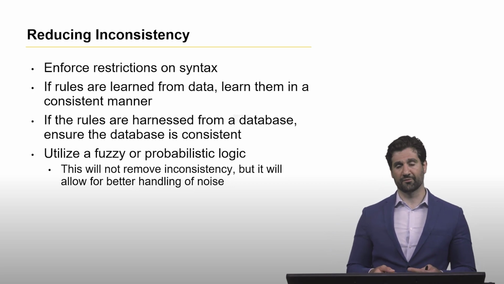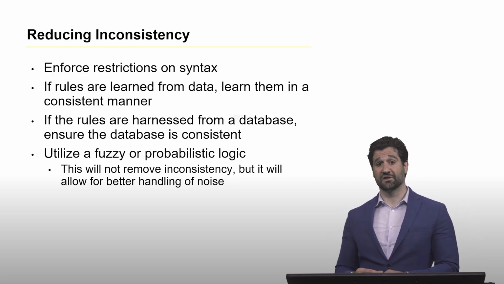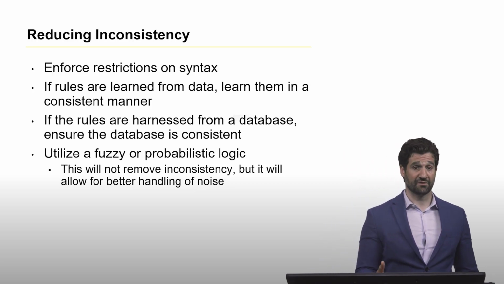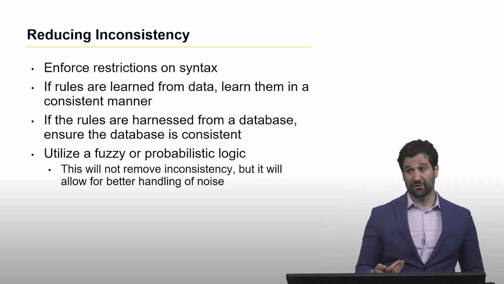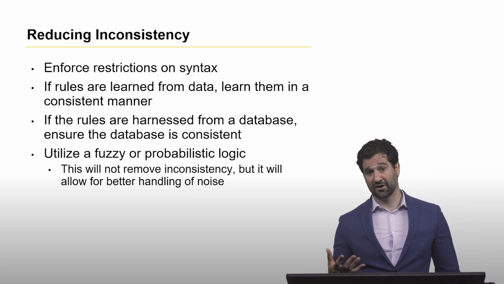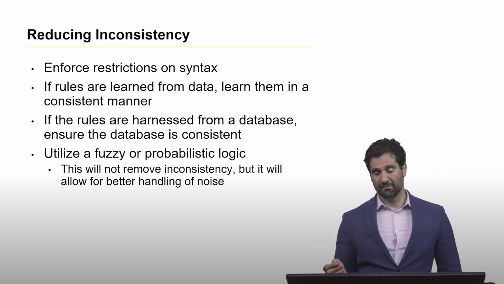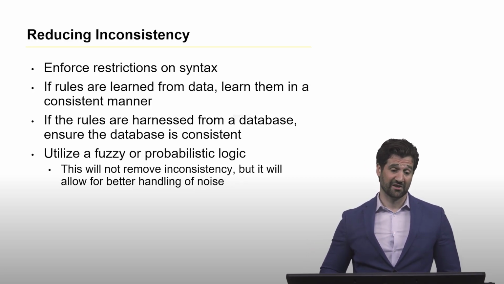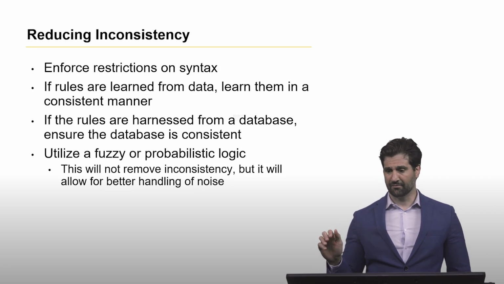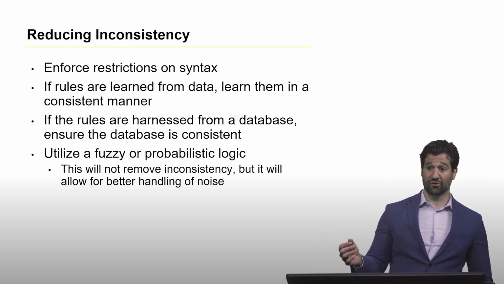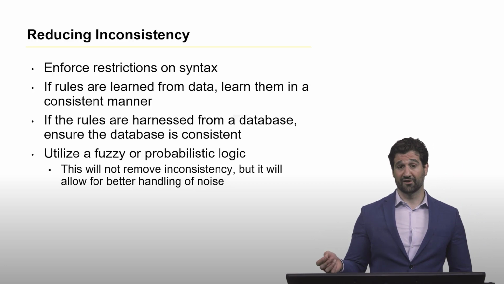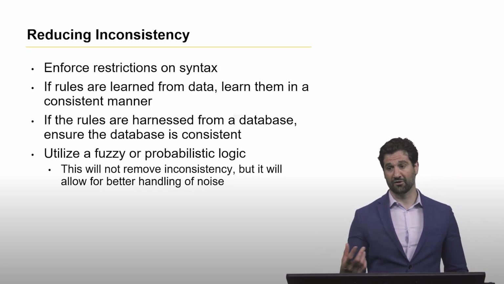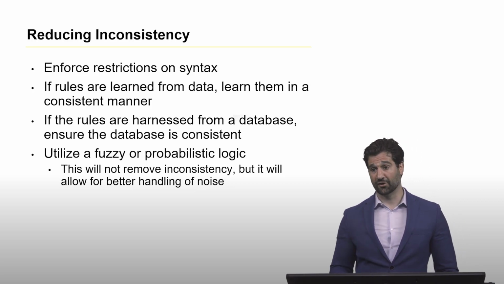If the rules are learned from data, then maybe you want to see if you can adopt an algorithm that will only learn rules that are consistent with each other. Likewise, if you're harnessing rules from a database, you should probably, as a first step, make sure that that underlying database is consistent. And back when standard SQL databases were the norm, this was often a lot easier than in some of the more contemporary big data systems, things like Mongo and stuff like that,